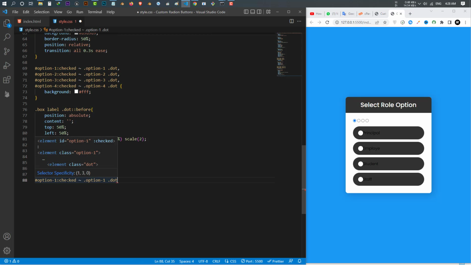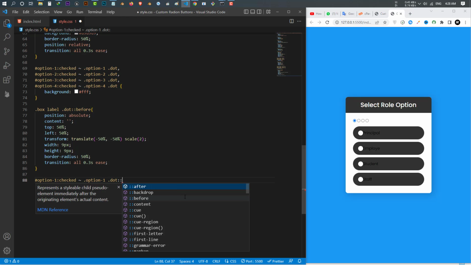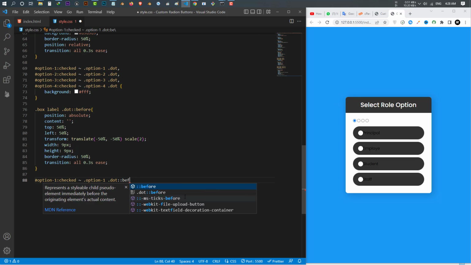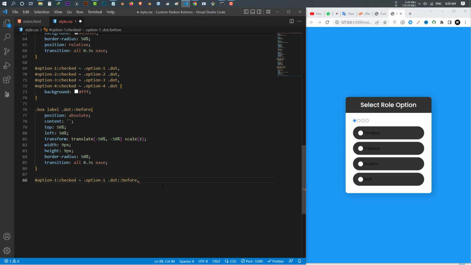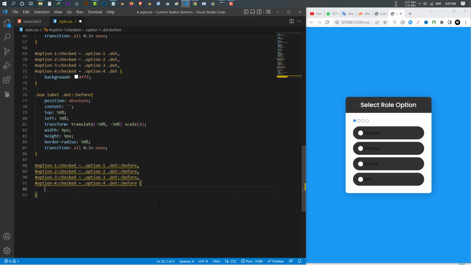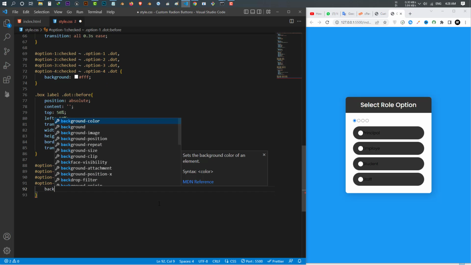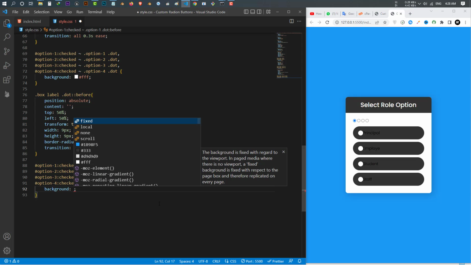select option 1 checked, and whenever it is checked, select the option 1 file class and dot, and this time I also select it is before and apply design to this one. Do this for all of them, so copy paste this one 4 times, change the values to 3 4 2 3 4, remove the last comma, and inside this one I want to change the background to